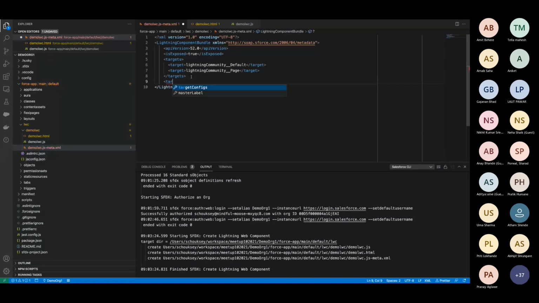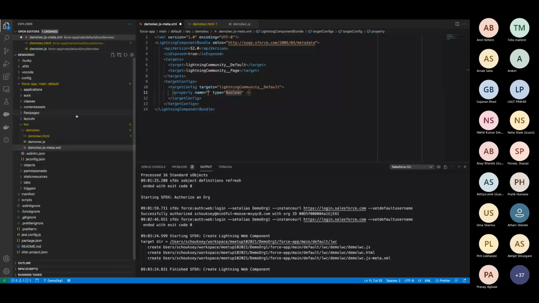So you will do the target config, and in target config, you will write the target as community default. And then you will pass the property name. Your property name will be button text, the type will be string, and then we will set the default value.